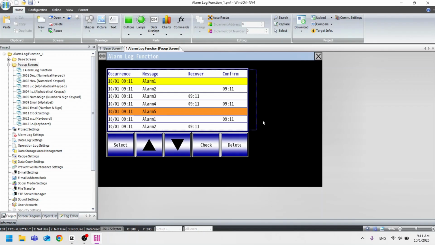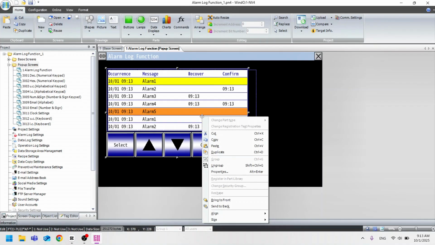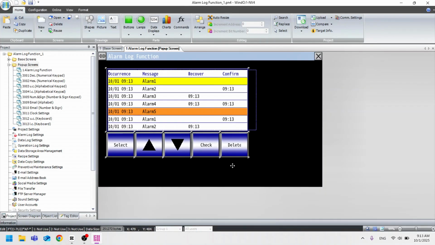The default alarm log display comes with several standard buttons, including a delete button. However, in some systems, we might not want general users to be able to delete the alarm history. Instead, we'd prefer to give them a way to see additional reference information for a selected alarm. Therefore, we're going to change the function of this button. Right-click on the alarm log display and select Ungroup. This separates the individual components of the display, which allows us to edit each button independently.